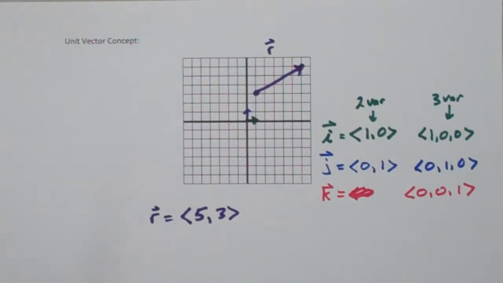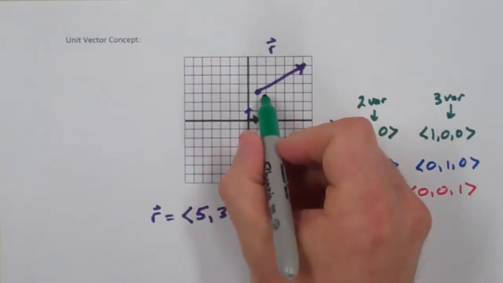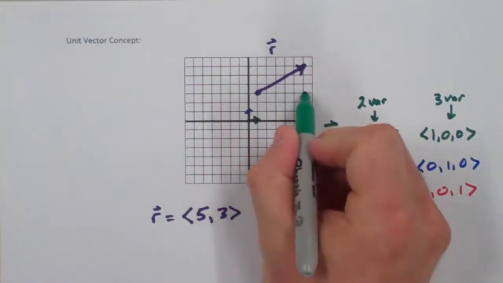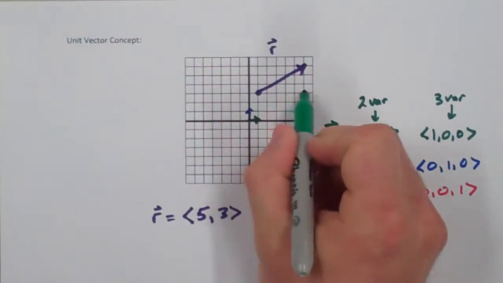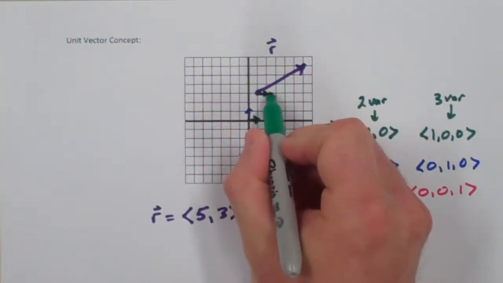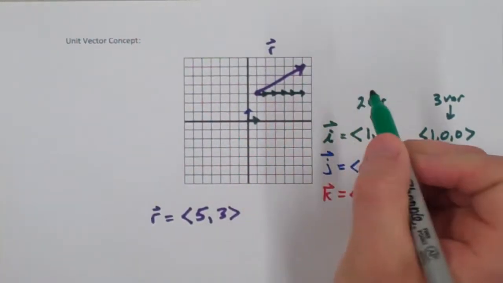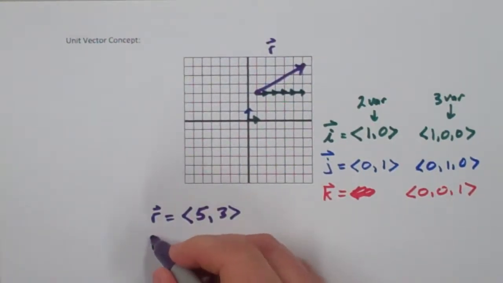We can also, though, write this as a sum of unit vectors. We write the x part first. So the question is, how many unit vectors would make up this side of this right triangle here, or how would we get from the initial point to the terminal point? You would have 1, 2, 3, 4, 5. So we could also write vector r